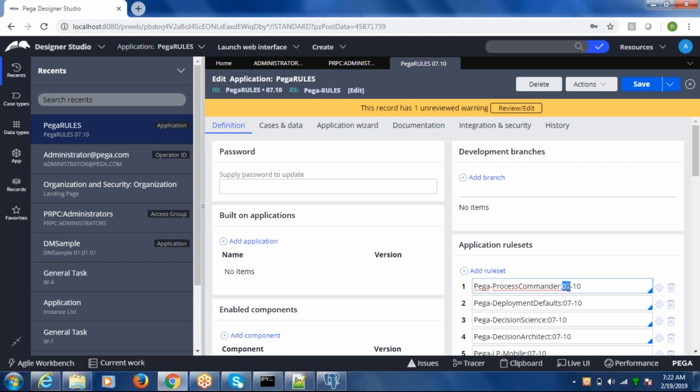So whenever you are moving from Pega 7.3 to 7.4, or let's say 7.4 to 8.0, there is a drastic application change coming. If that is the case, then you will go for the next version by incrementing by 1. All right, so it always starts from 0, 1 to 99.